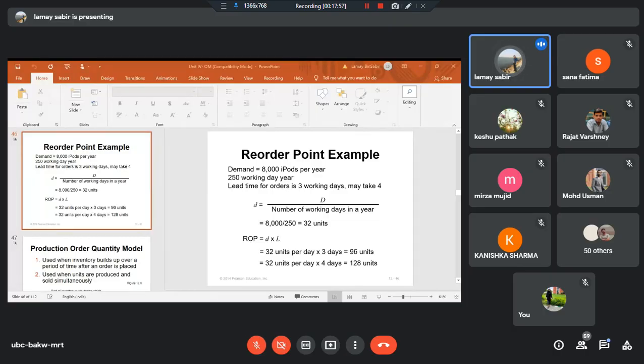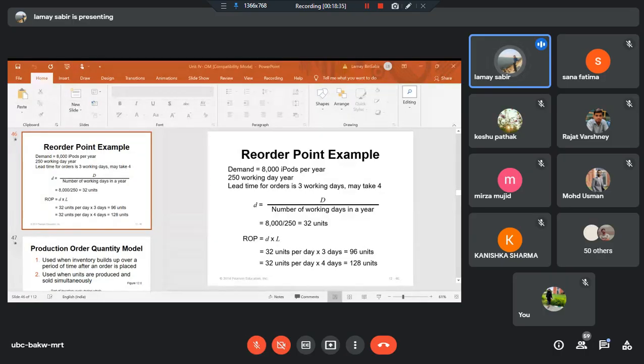No, your question is whether it is necessary to calculate ROP, reorder point. No, sir. Is it necessary to calculate the ROP in terms of per day? I mean, can I also calculate in terms of per year or per month? Usman, if you see the final calculation, let's see the calculation. ROP is not per day, or ROP is not weekly, or ROP is not yearly or quarterly. ROP is the quantity. Reorder point is the quantity. And if you see, it is coming out to be 96 units.